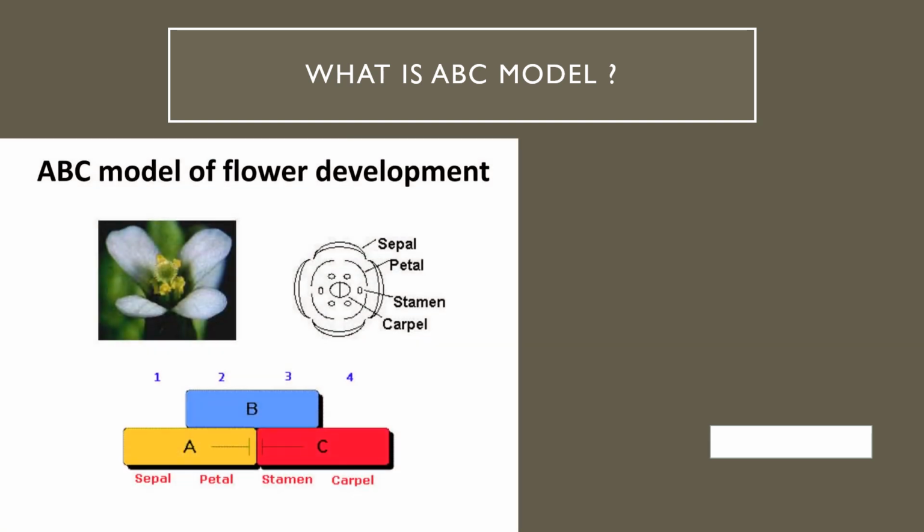So ABC मॉडल प्लांट बायोलॉजी का एक बेसिक कंसेप्ट है जो फ्लावर डेवलपमेंट के लिए रिस्पॉन्सिबल जीन्स को एक्सप्लेन करता है। इस मॉडल को तीन जीन क्लासेस के थ्रू समझा जाता है, which is class A, class B और class C।